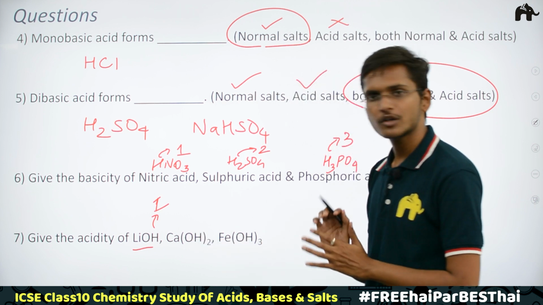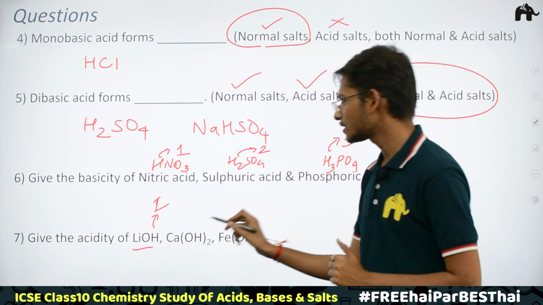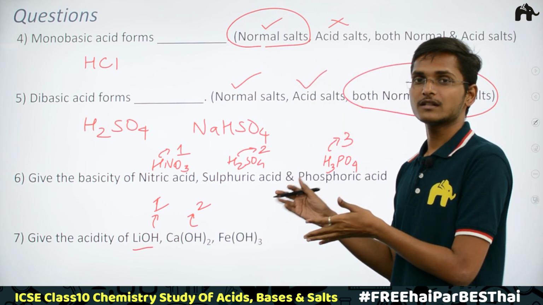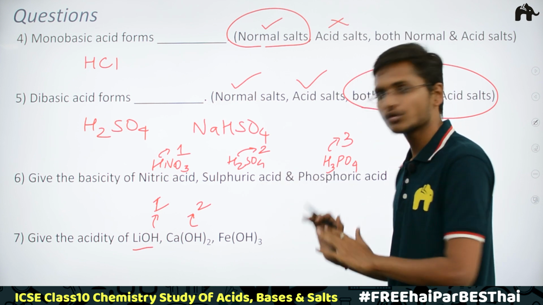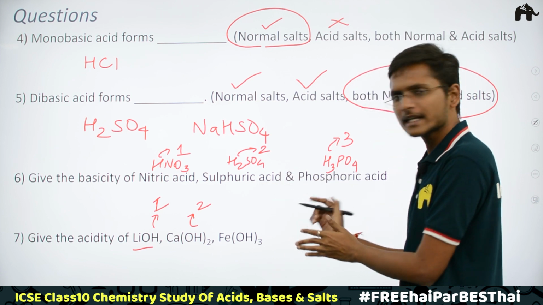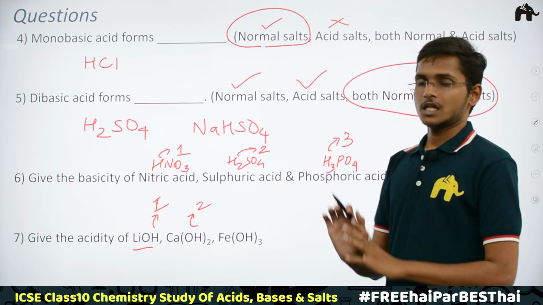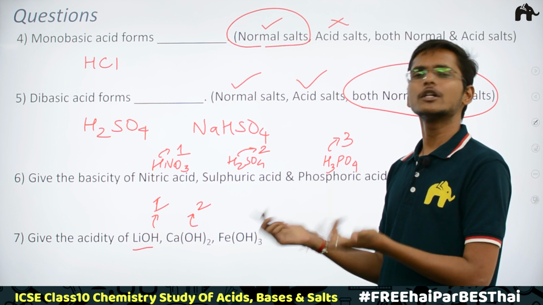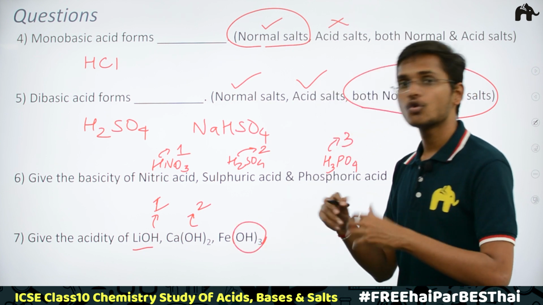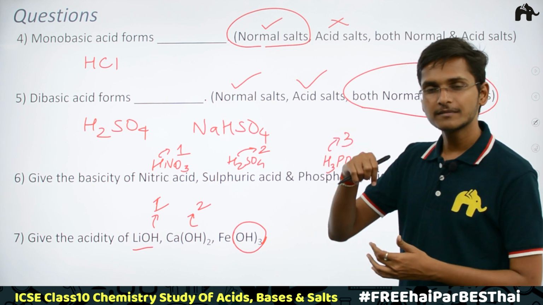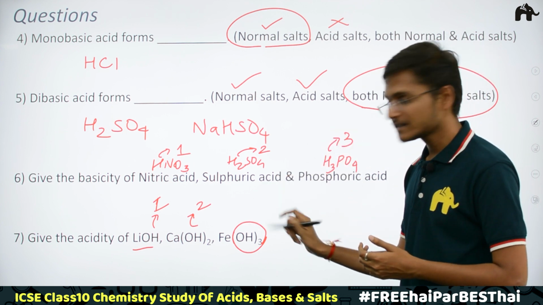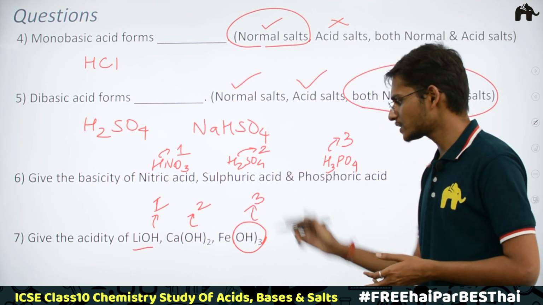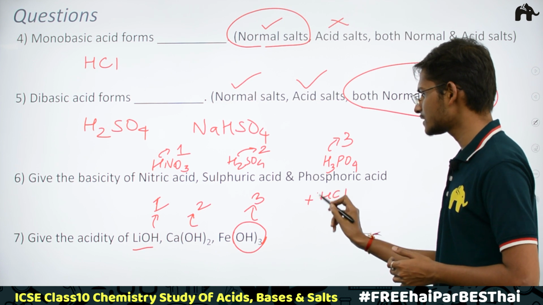Similarly, calcium hydroxide would dissociate and form 2 OH minus ions, so acidity would be 2. And in this case, Fe(OH)3 won't dissociate at all, since it is a water insoluble base, sorry, not alkali, a water insoluble base. Now, acidity in such bases is simply equal to the number of replaceable OH minus ions. We have already studied that Fe(OH)3 and Al(OH)3 have 3 replaceable OH minus ions, since in this case you can see Fe(OH)3 reacts with 3 HCl,